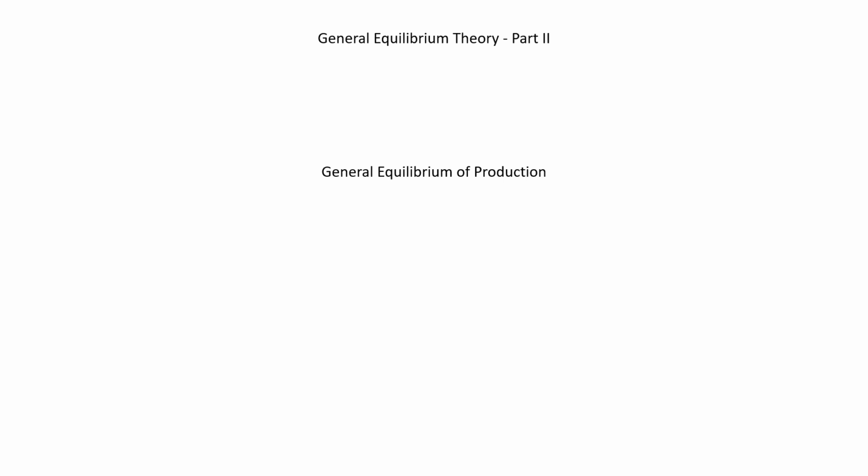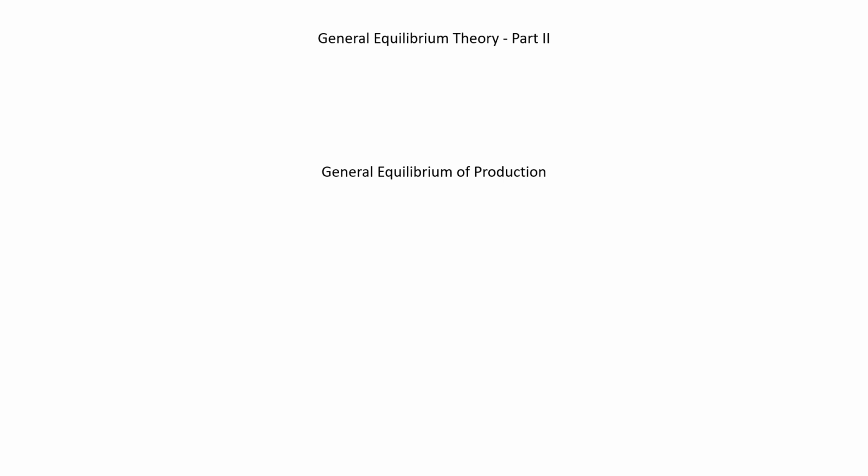In other words, how are the various inputs being distributed in the manufacture of these products. So this is what the general equilibrium of production seeks to explore and find: what exactly is going to be the equilibrium situation with regard to the production of these two products, in the sense of how the inputs are distributed for the production of the two products that the consumers are buying in the marketplace.